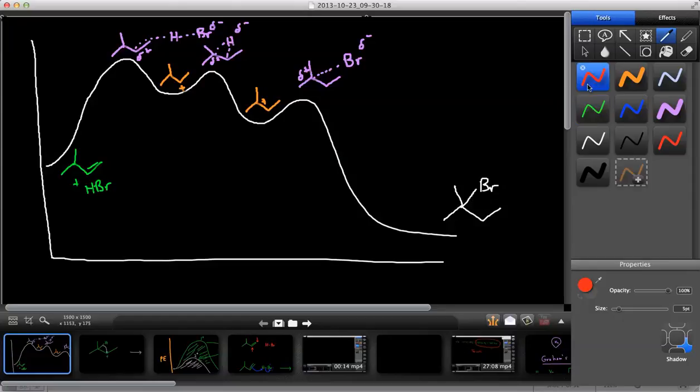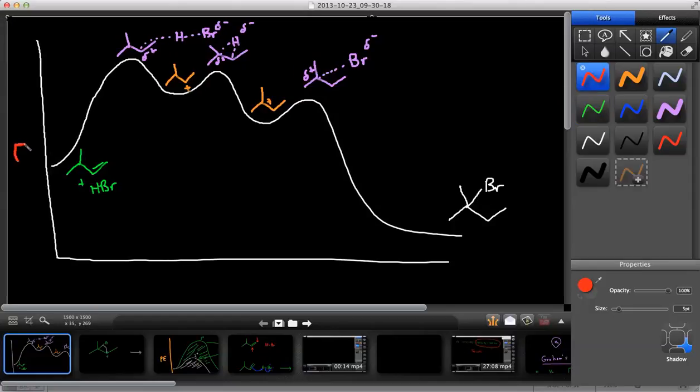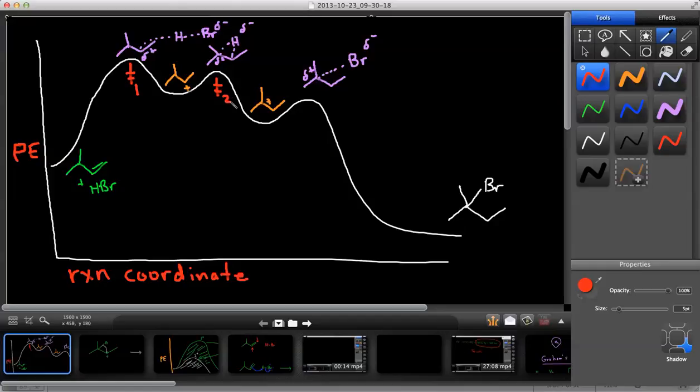And we already have our products. Y-axis will be potential energy, and the x-axis will be our reaction coordinate. Quite simply, the progress of the reaction starting at time equals 0 until equilibrium is established and we've maximized our product yield. So transition state 1, transition state 2, transition state 3,